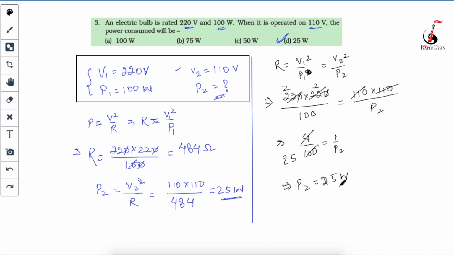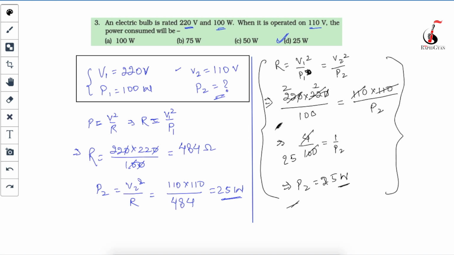So if you look into this solution, if you ask me, this one is comparatively easy because what I have seen, it's a very small calculation over here. So in the exam, always prefer to go with that solution which has less calculation, because most of the students make mistakes in doing simple multiplication and division. So as much as you can, please avoid it. I will recommend in the exam go with this solution.